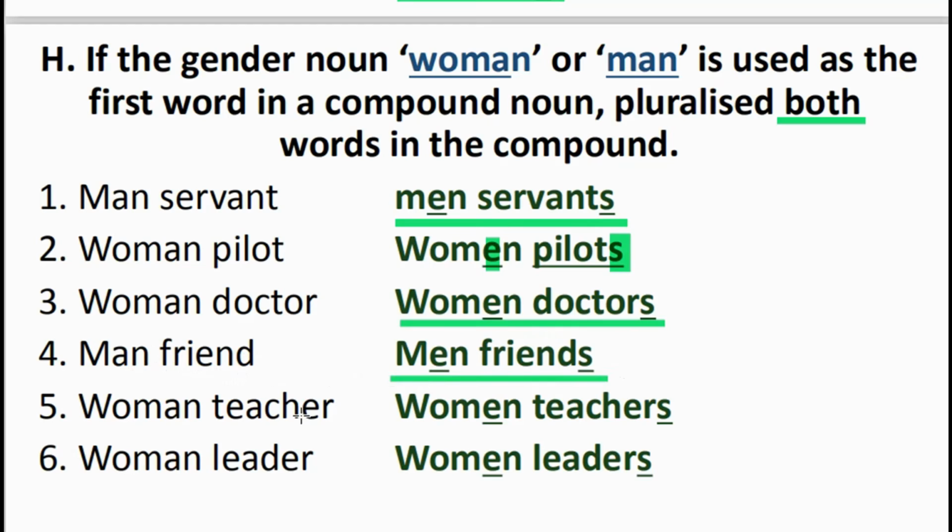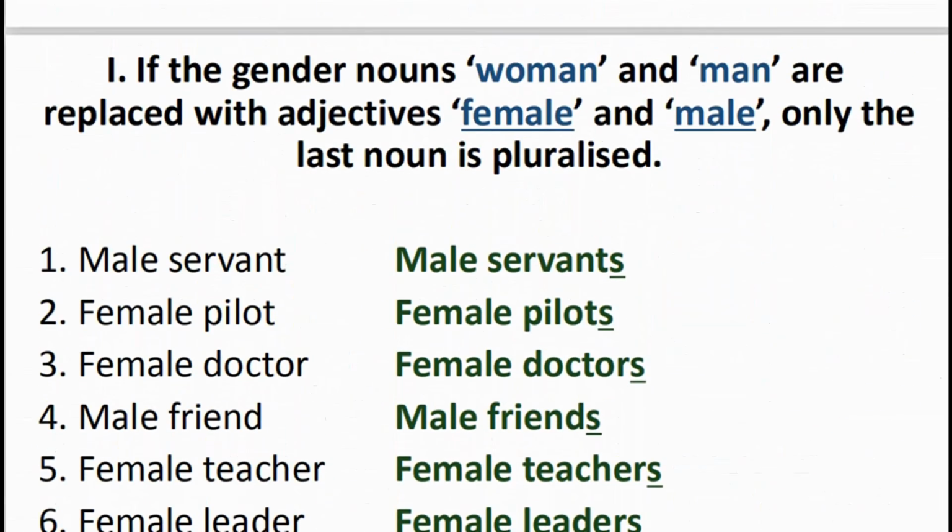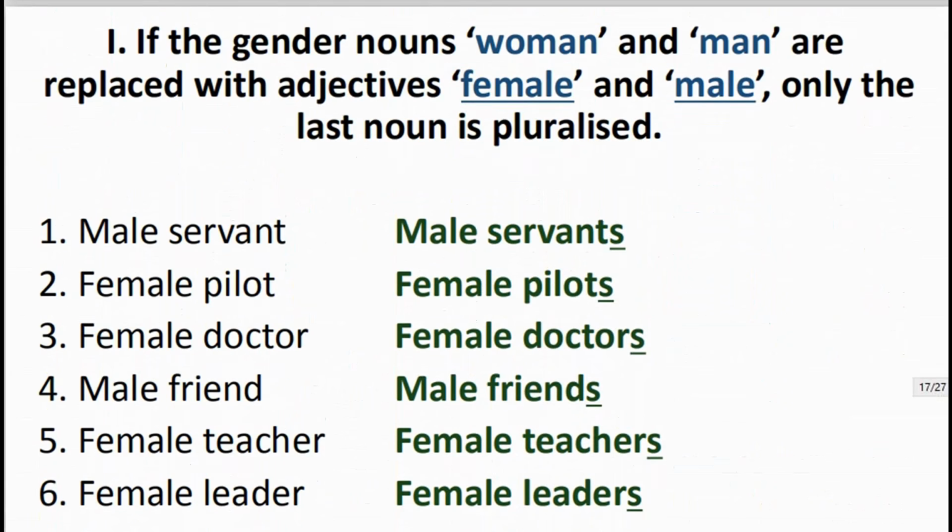Woman teacher becomes women teachers. Woman leader becomes women leaders. Let's go to the next rule. If the gender nouns woman and man are replaced with the gender words female and male, only the last noun